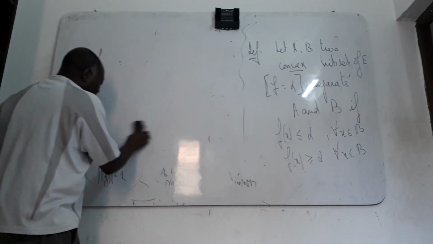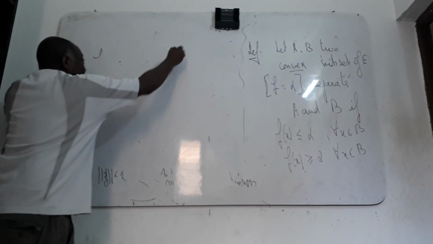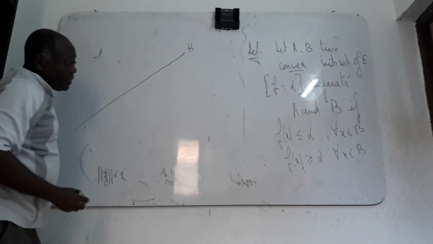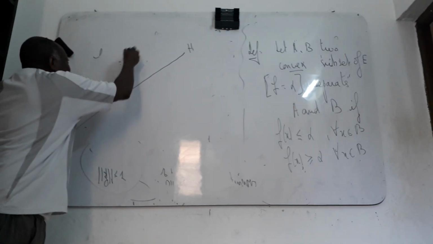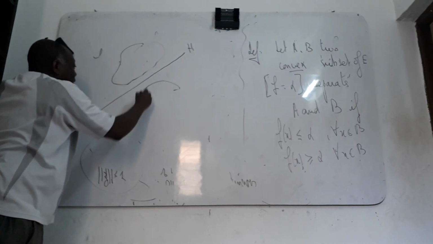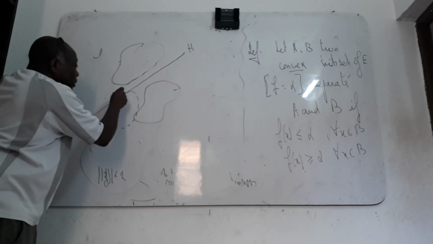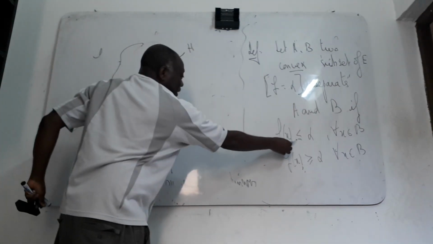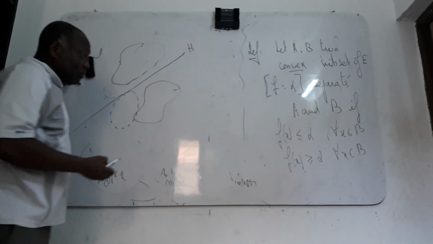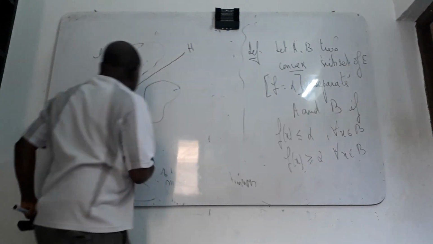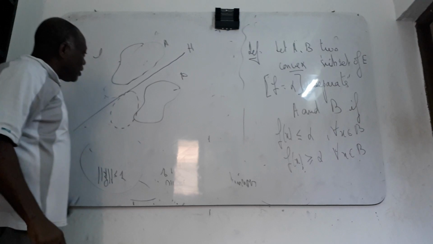This means that if you have your hyperplane H like this, and I say that this hyperplane separates the two convex sets, with this convex like this and this convex like this, it's possible that the convex sets can meet the hyperplane, because you have f of x less or equal than alpha, and the same with greater or equal alpha. Then the subsets A and B can touch your hyperplane.